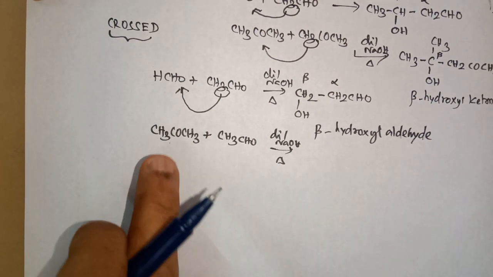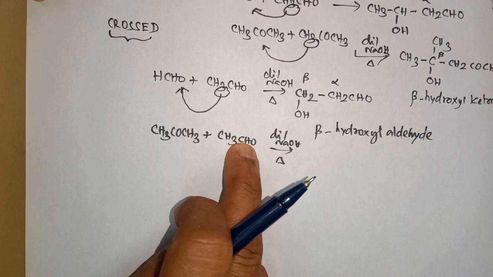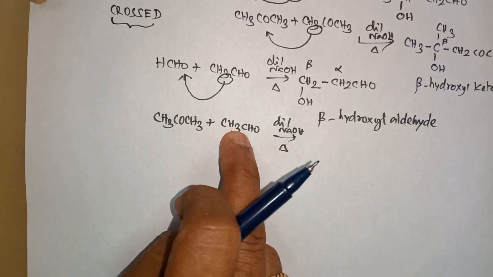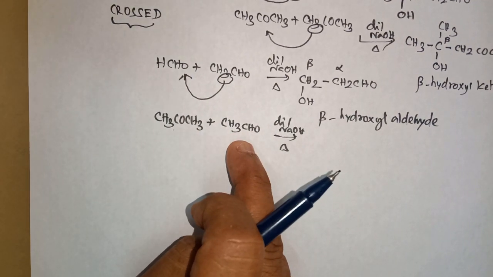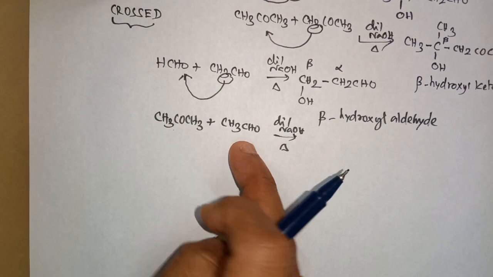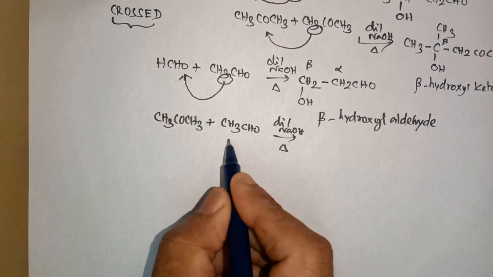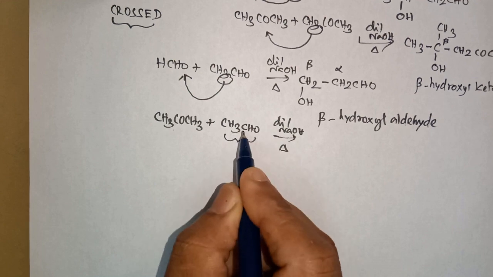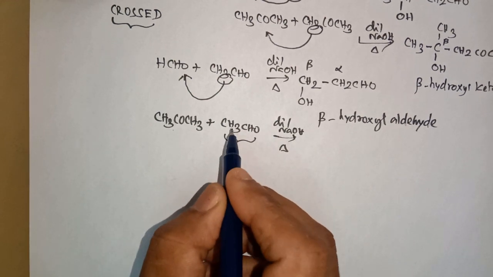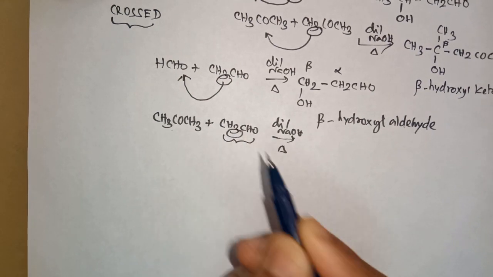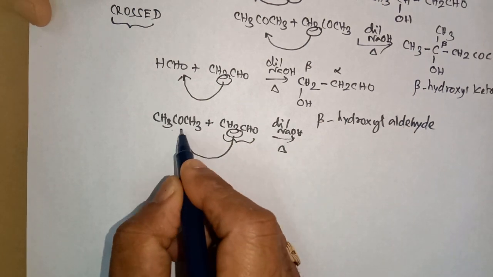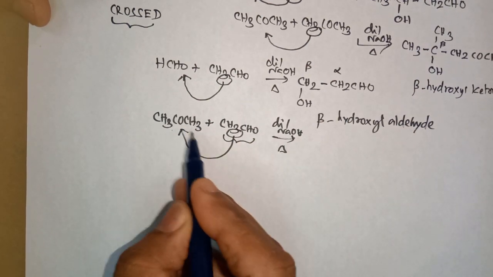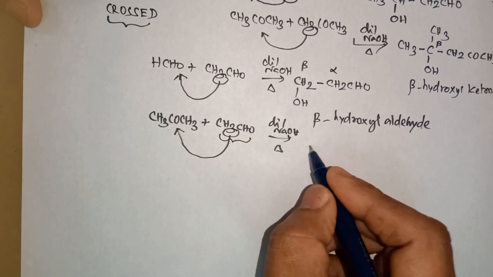You see, it has alpha hydrogen. In between these two, which compound has the presence of alpha hydrogen? Here, ketone and aldehyde. Aldehyde is more reactive than ketone, so in this only the alpha hydrogen is involved. This alpha hydrogen adds to this and it becomes OH. That OH will attach to this carbon.